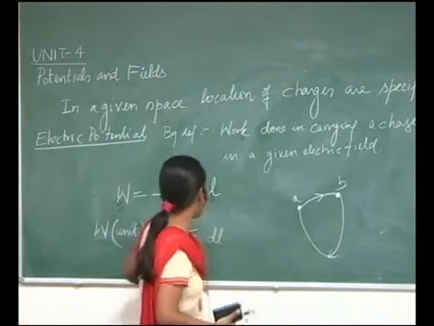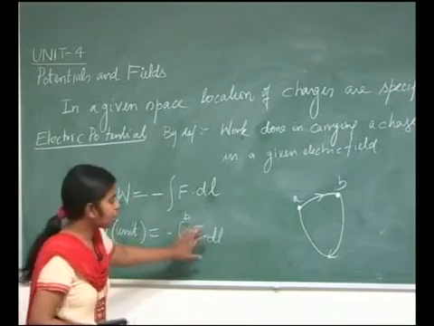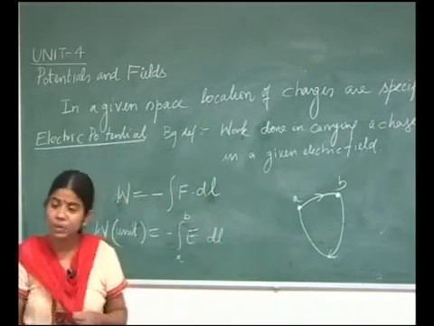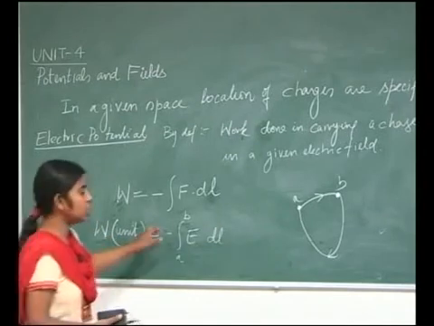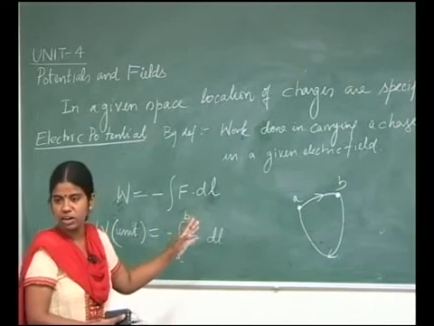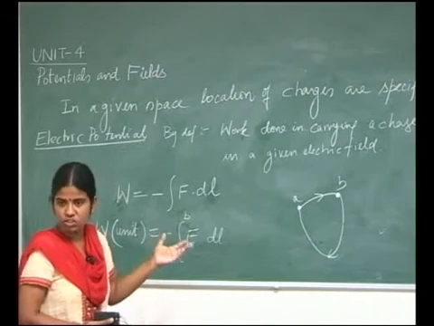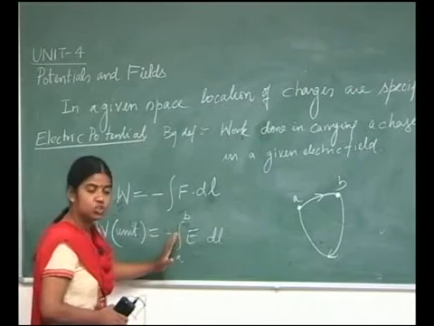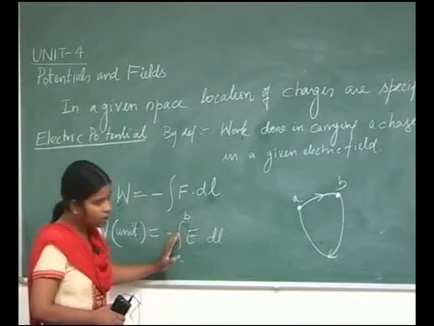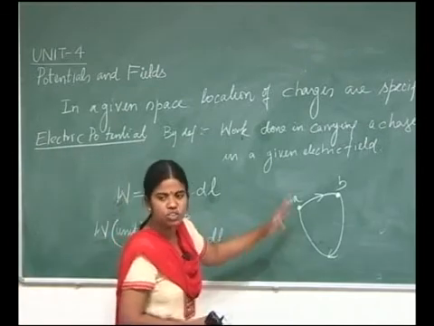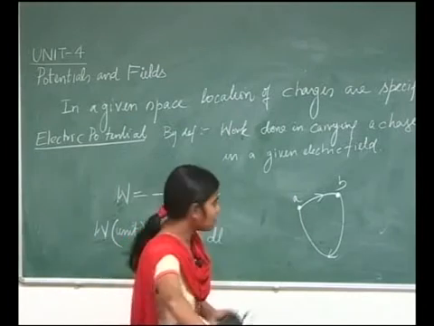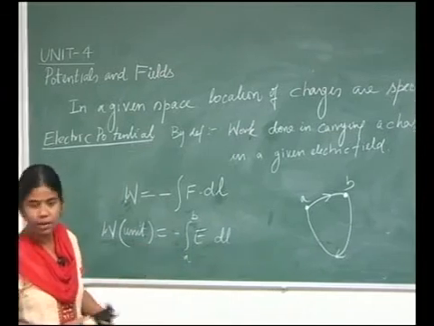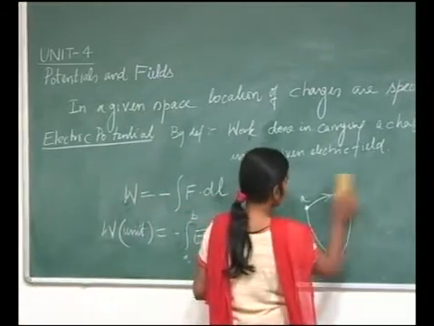So, if I say that this is path dependent, then at least this example fails from what we have experienced till now, that you cannot change the energy content of a system. It is always constant. That is the conservation of energy, right. So, it means either it should be independent of path, or if it is dependent on path, then there should be some restriction. Okay. So, now we will examine whether this is independent of path or dependent on path. So, for that,